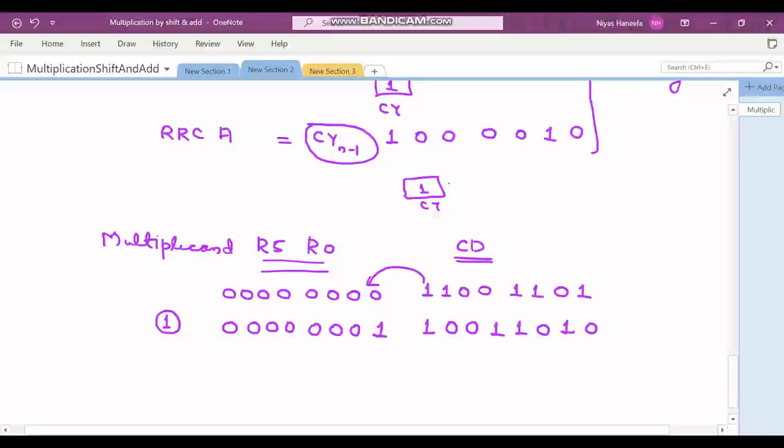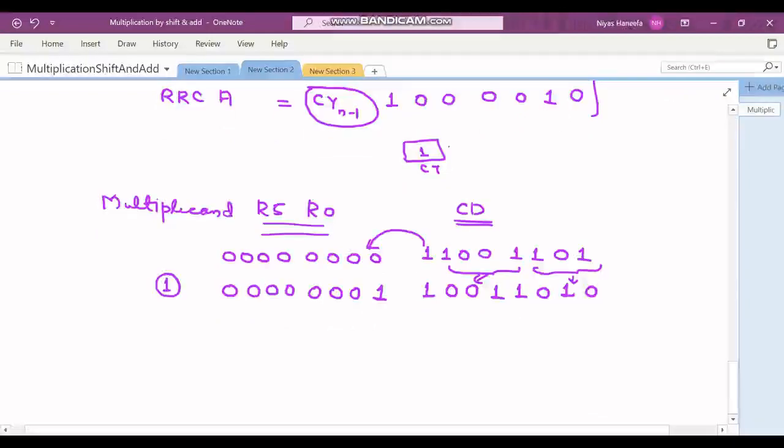What is happening is, this one will come here. The rest of the bits, 1001, will come here. Then 101 along with a 0 will come here. So shifting one bit to the left. But how can we do this? Because both are in two separate registers. That logic is what I have shown earlier.